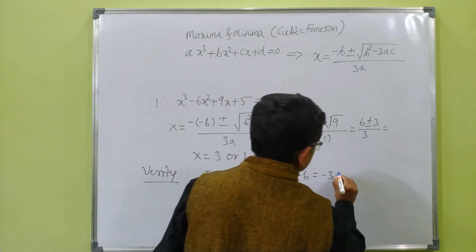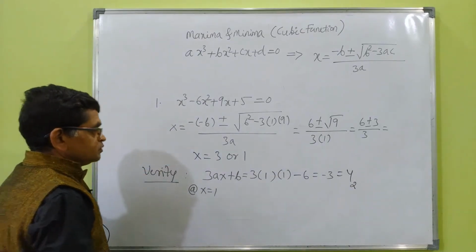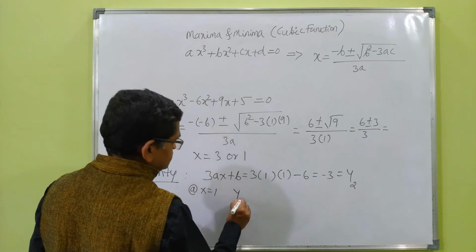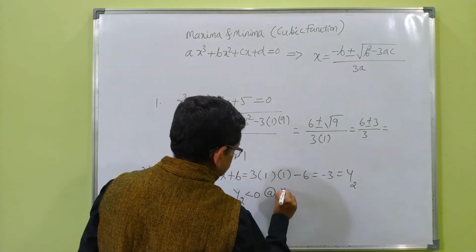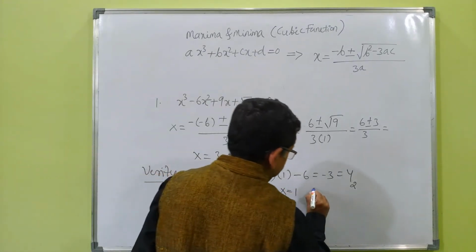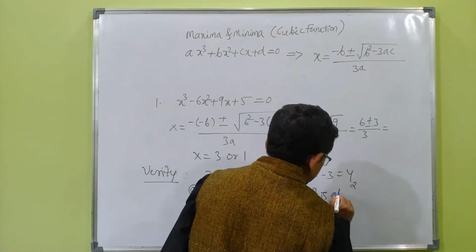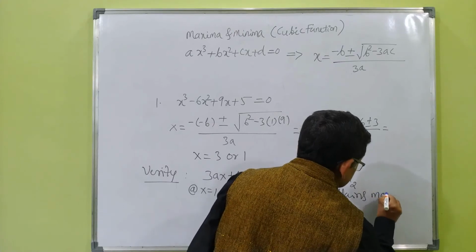This is nothing but your y2. So y2, 3ax plus b, is negative at x is equal to 1, means f attains its maximum,